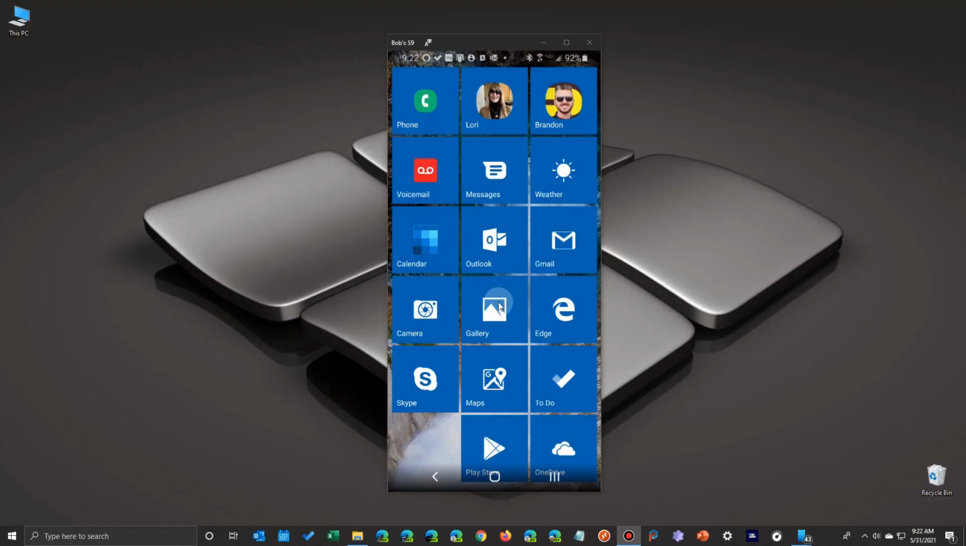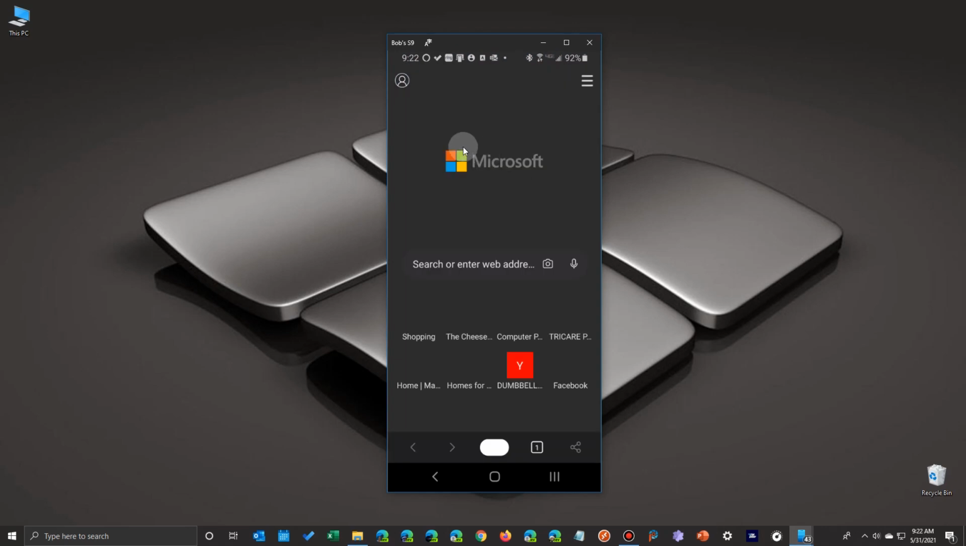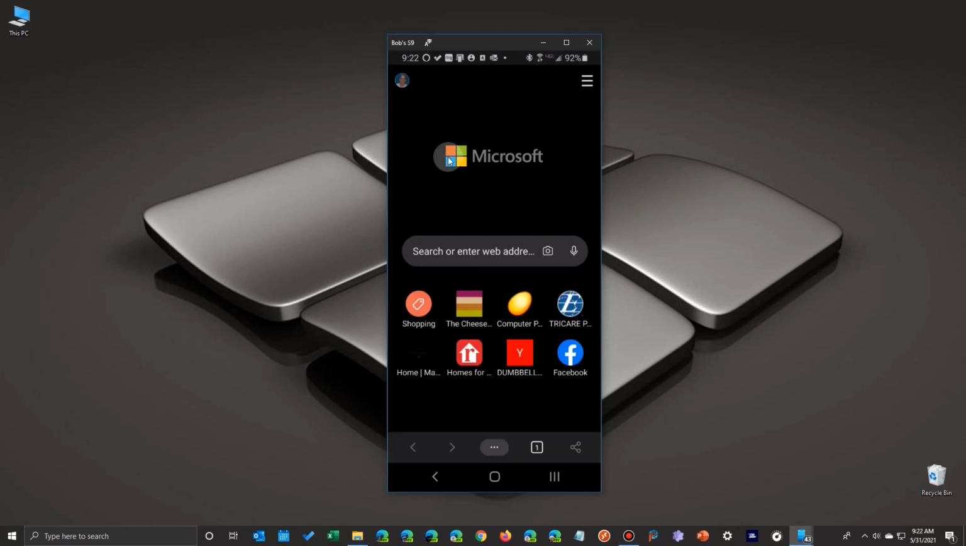Now, it may not look like it, but this is my Android phone. I just have Launcher 10 installed, so it looks like my old Windows phone. But anyways, let's go ahead and launch Edge. So you go up here to the top left-hand corner,